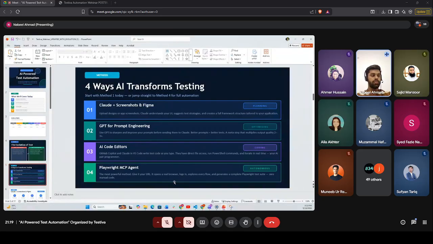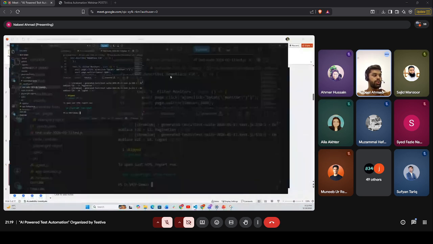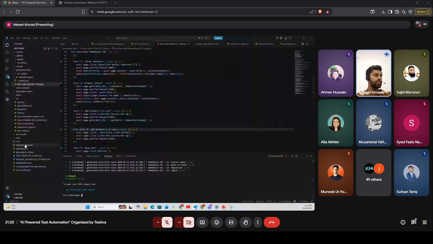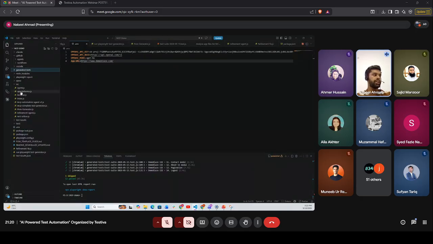Our first project will be using the Playwright MCP via an OpenAI API key. Here I have configured that I will be using the OpenAI API key, the OpenAI model GPT-4o, and the app URL.